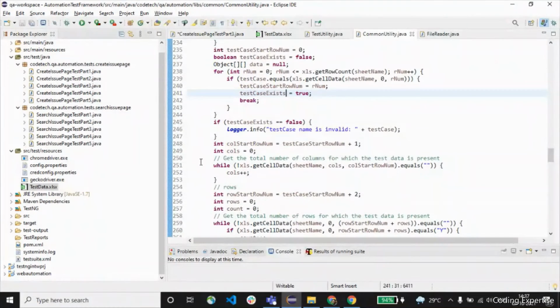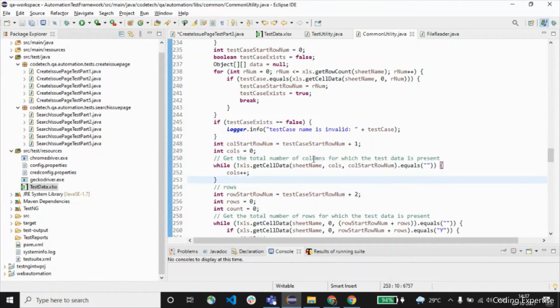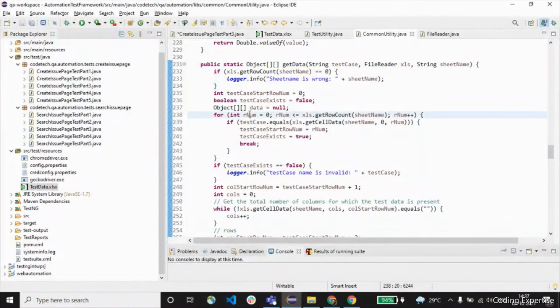And it comes here. It is trying to fetch this while loop, right? It is trying to fetch the total number of columns for which the data is present. I'll show you one by one. So this for loop starts with row number 0. That is being assigned to this test case start row number 0. So if the test case is valid, it is coming here. The test case start row number is